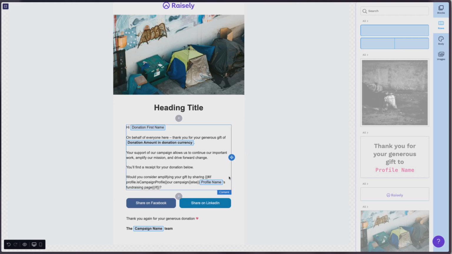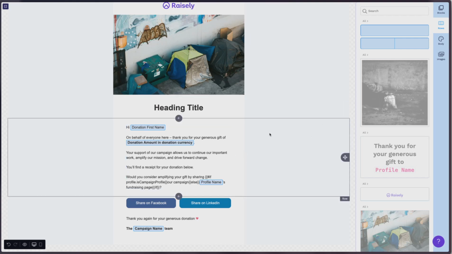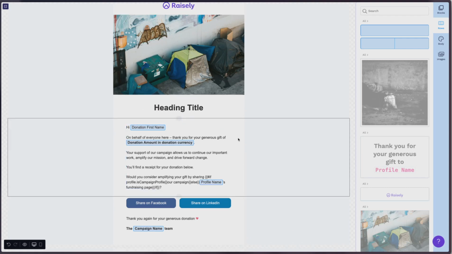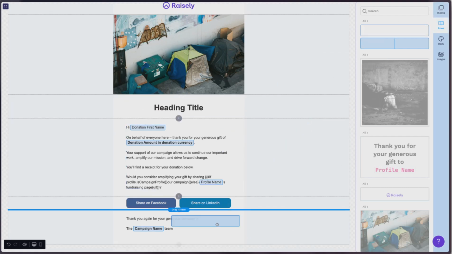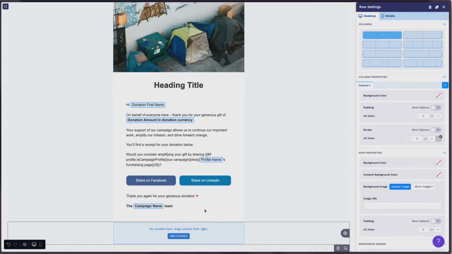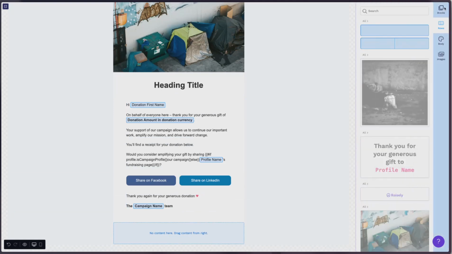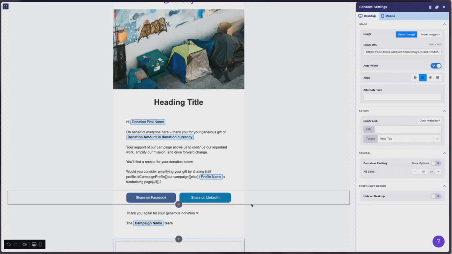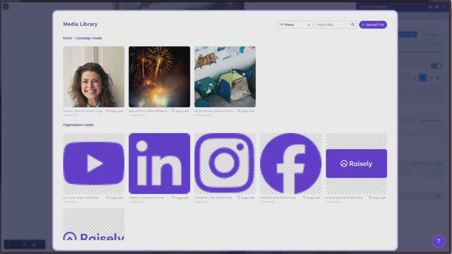Now I'm going to add one little last row that I really recommend that you do and set up, because it really is a good one to build trust. If I add a row right down the very bottom here, and what I'm going to do on this row is I'm going to put my logo. So where are we? We're in blocks, image, and we can select our image,